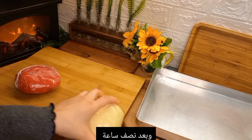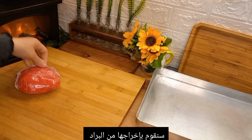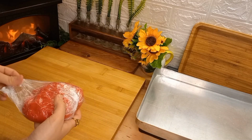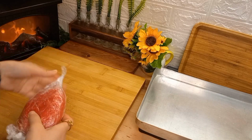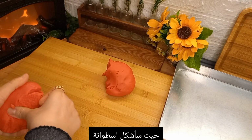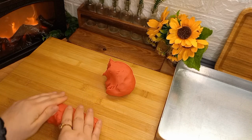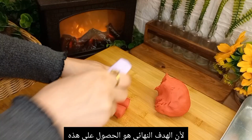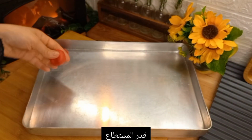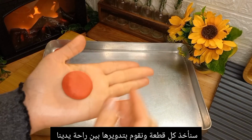And that's it. After half an hour chillaxing in the fridge, we'll go ahead and pull our dough and unwrap it. And what we do is portion this dough onto a baking sheet. And for that, I like to make a roll and cut it into equal size balls of dough using a bench scraper, because the ultimate goal is to get these all exactly the same size or as close as possible. And what we do once those are portioned is give those a quick roll between our palms